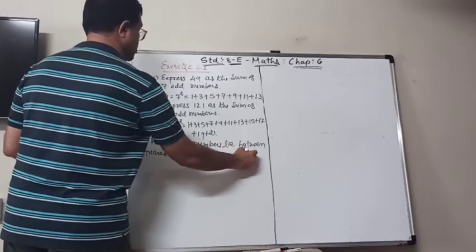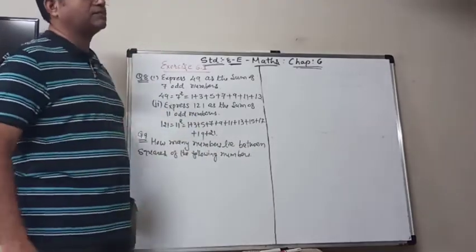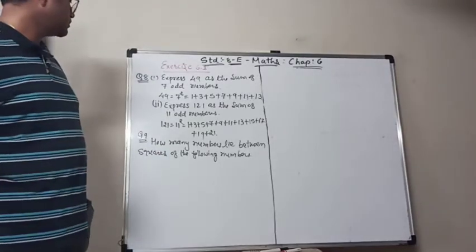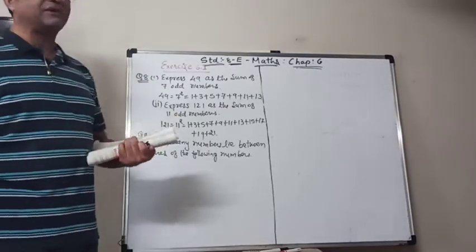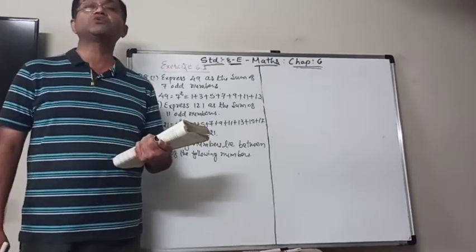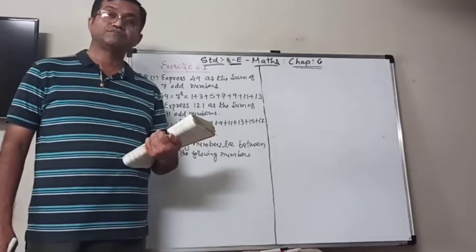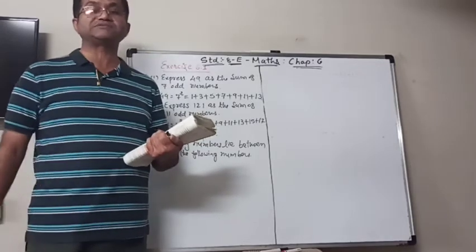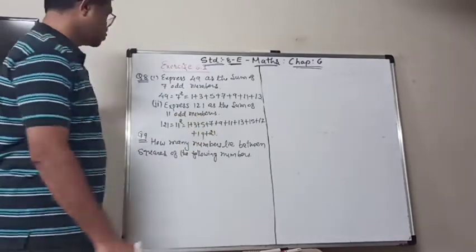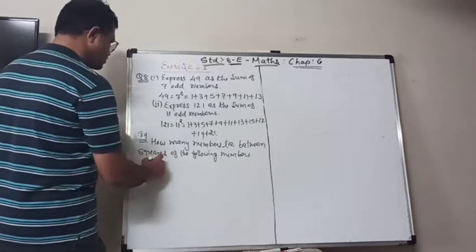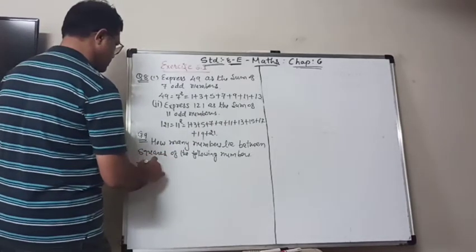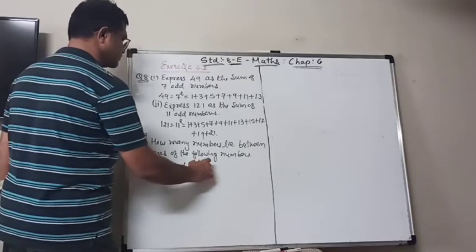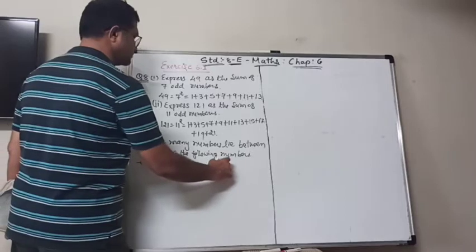Before we start the question, we will just remember that if n and n plus 1 are two consecutive numbers, then there will be 2n numbers that lie between two of them. So if n and n plus 1 are two numbers,